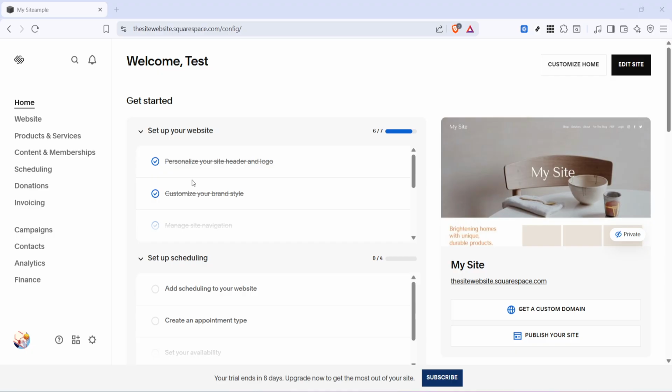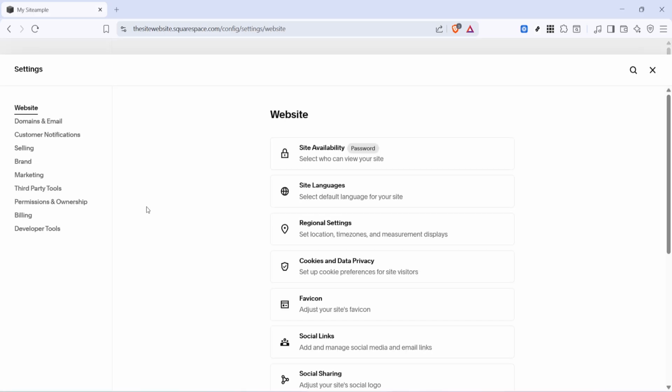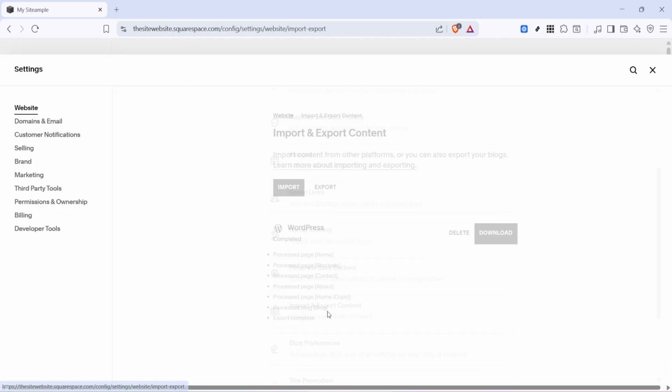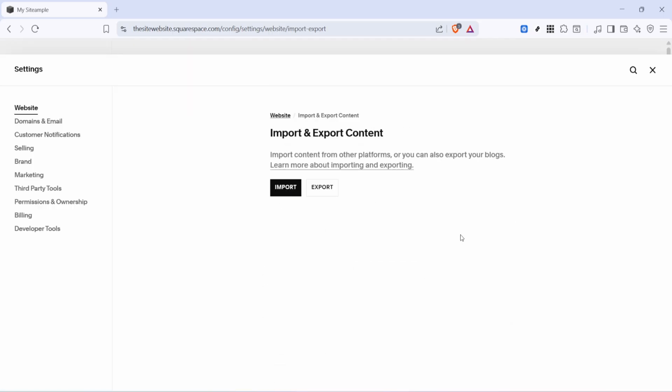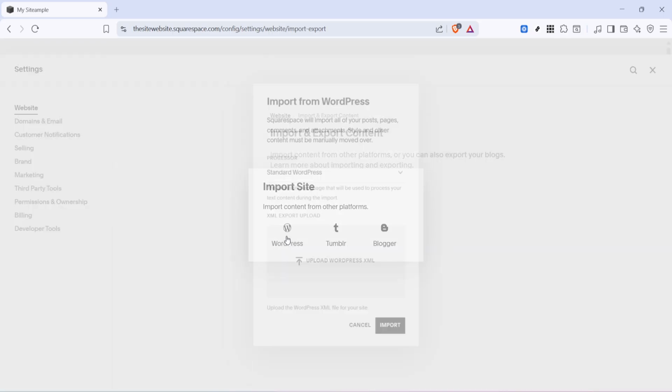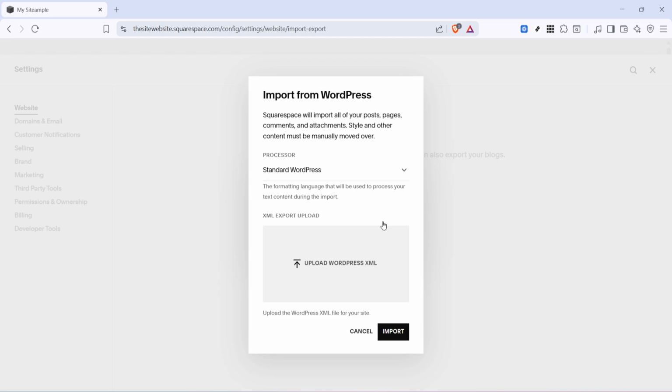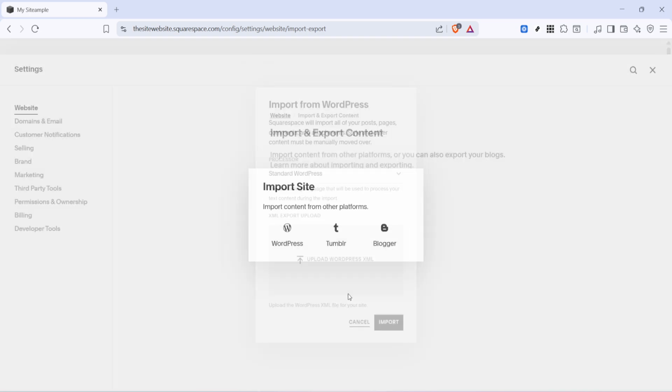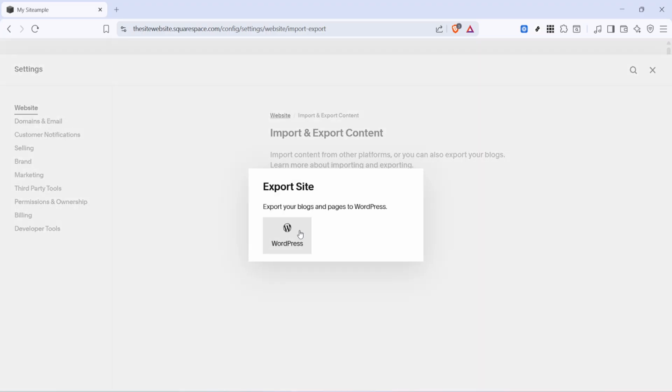So first, let's export your website content. This is optional, but recommended. Go to your site settings and find the Import and Export panel. Click Export, then WordPress. Once the export finishes, a download option becomes available. Save that XML file to your computer. Keep in mind the export file won't have everything, so you might want to separately copy or download any important